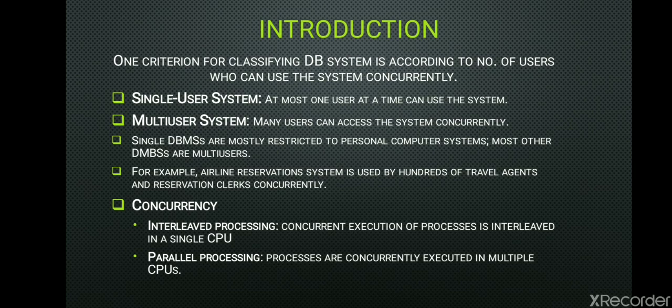Whereas in parallel processing, processes are concurrently executing on multiple CPUs, like multiple processes happening at the same time in different central processing units. Okay,